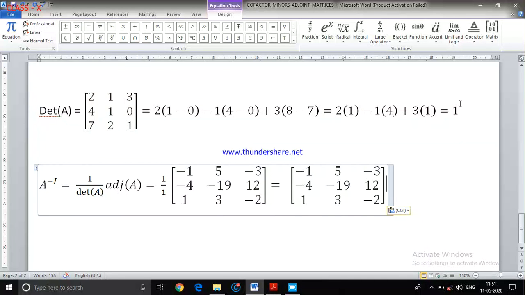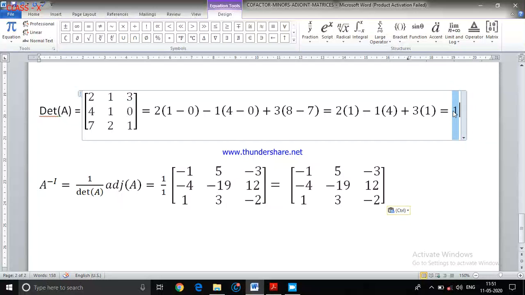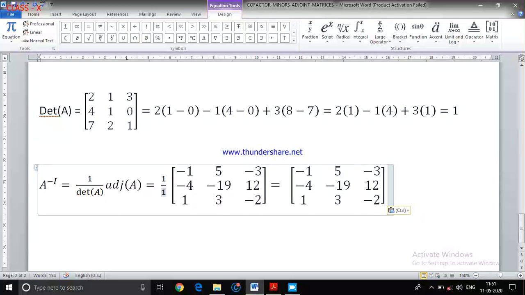Now, for example, if the determinant I get instead of 1 is 2, or maybe minus 2, 5, or 3 by 2, some number. For example, if I have 2 instead of 1, then what you get here is 1 upon 2. Now, if it is 2, each and every number in this matrix, when I write the final matrix here as the inverse, has to be multiplied with 1 by 2, or each and every element in this matrix has to be divided by 2. Multiply with 1 by 2 or divide by 2, both are the same.